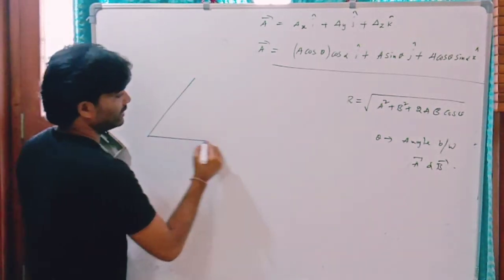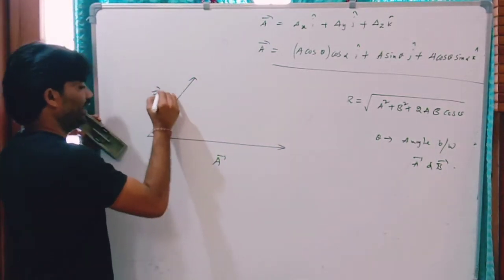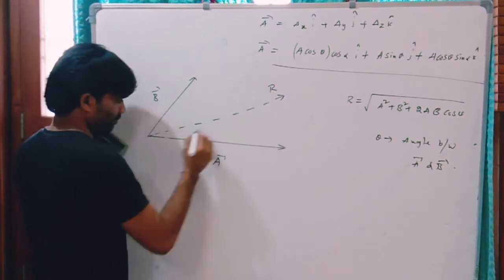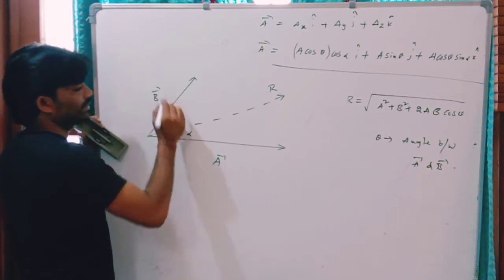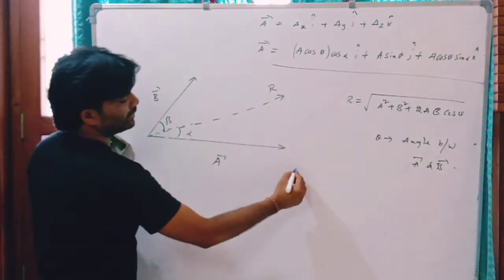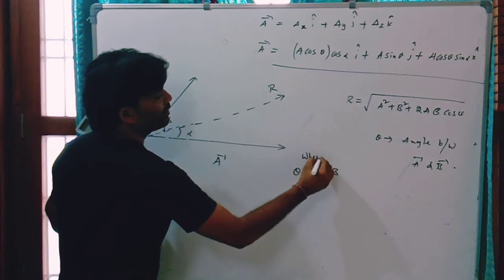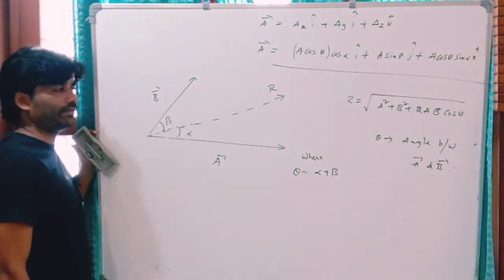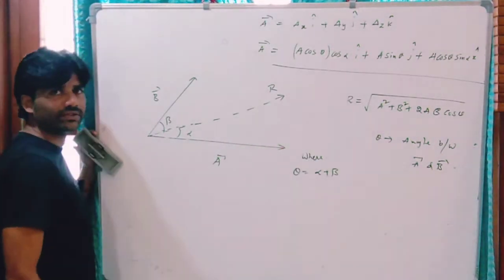So instead of the parallelogram law of vectors, we can also derive the same by using resolution of vectors. For example, these are the two vectors a and b, and their resultant is this. If this resultant vector makes alpha angle with a and beta angle with this b vector, then the total angle between a and b is what? Theta is alpha plus beta. Right? Now I'll derive this equation by resolution of vectors.